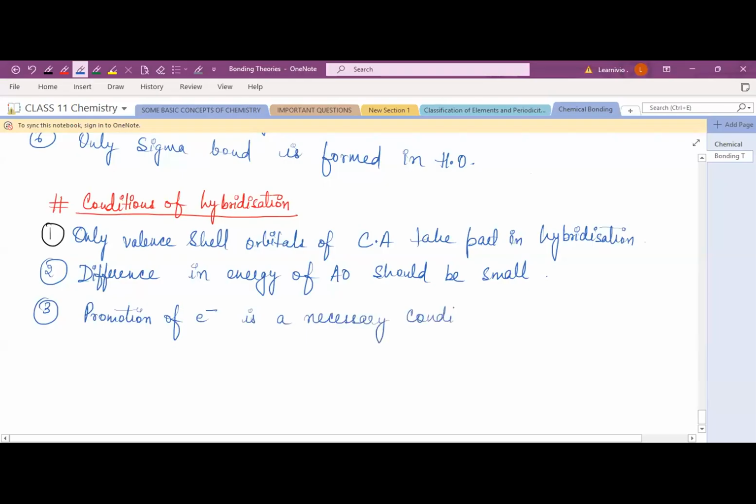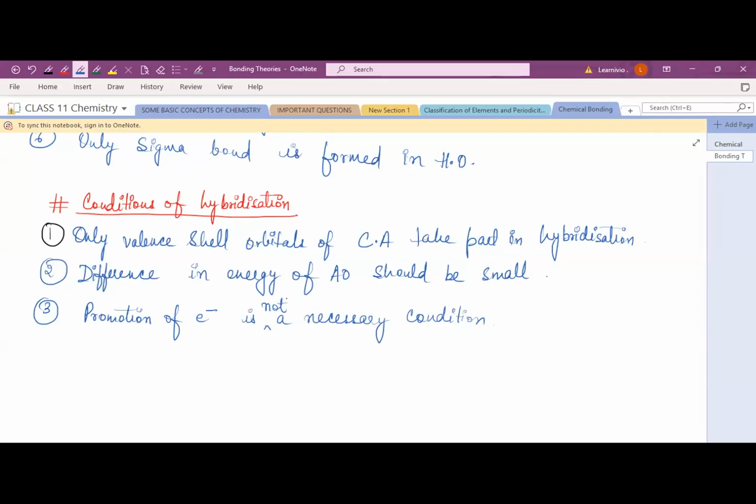Now, what does this point mean? What is a promotion of electron? The promotion of electron is not a necessary condition. So promotion of electron is not essential prior to hybridization. What does this mean? This means that for hybridization to take place, it is not necessary that the electron